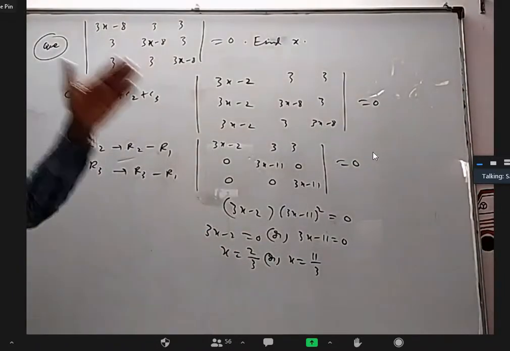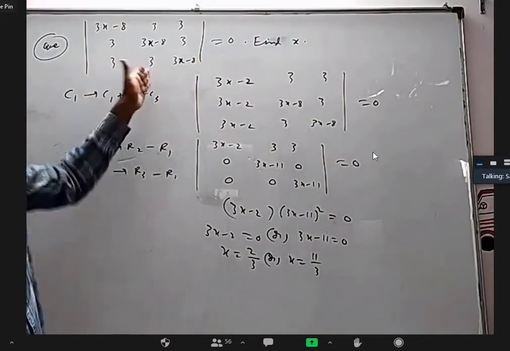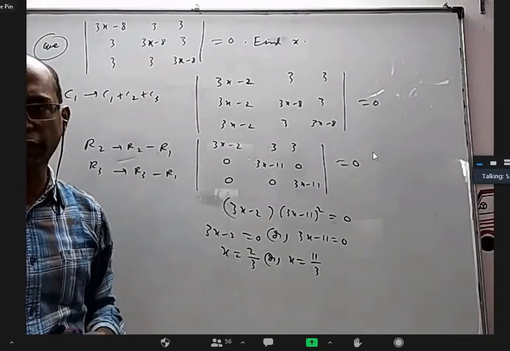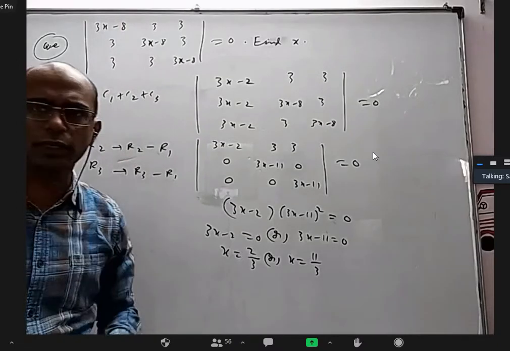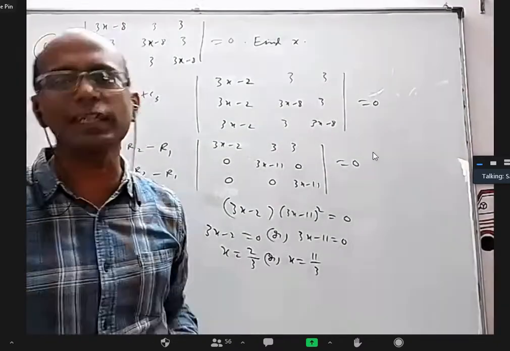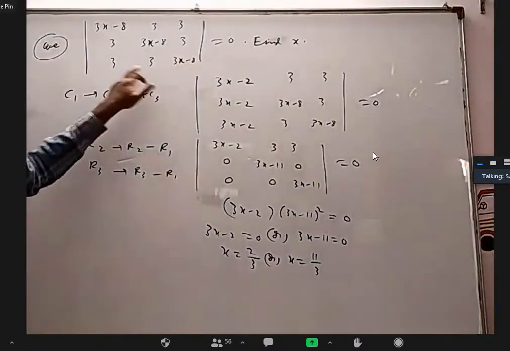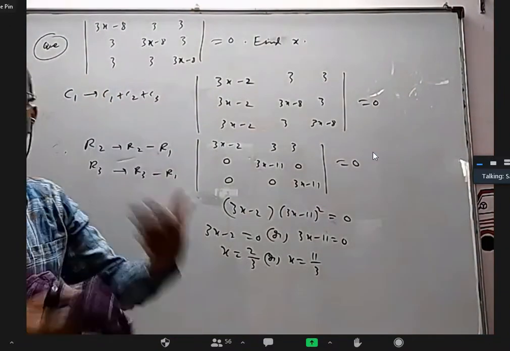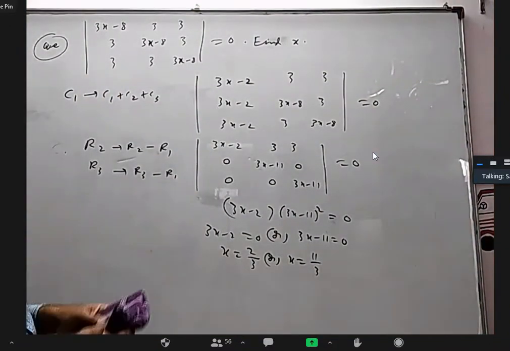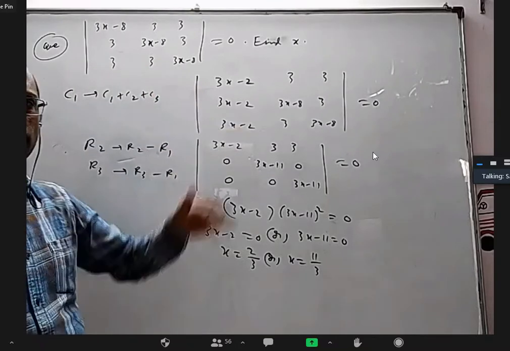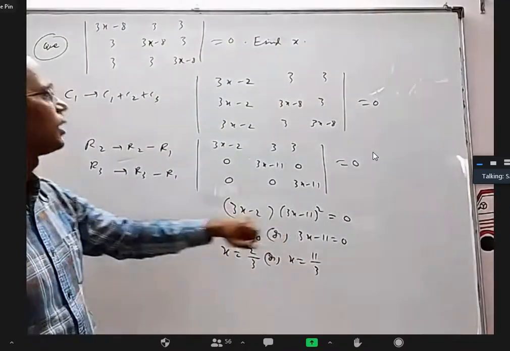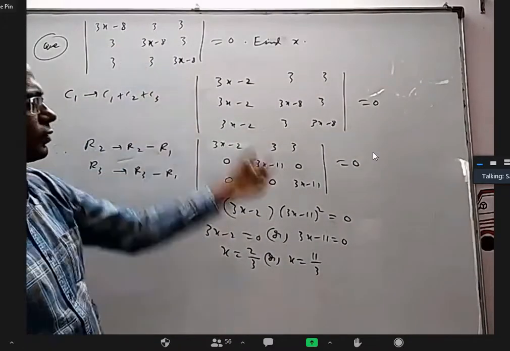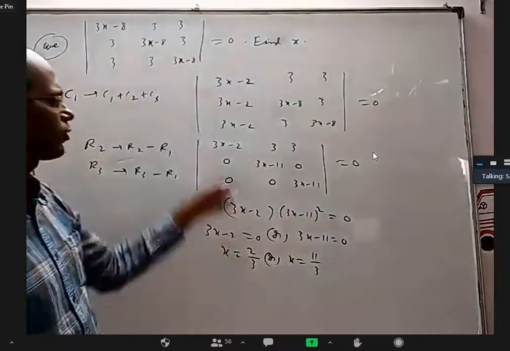So whenever by putting x equal to alpha, if 2 rows become same, I can say x minus alpha is a factor. In fact, if 3 rows become same or 3 columns become same, I can say it is factored twice at least. Because these two are equal, it is a factor, and because these two are equal, it may be a factor one more time. So when I put x equal to alpha, if 3 rows become same, x minus alpha should be factored at least twice. Like here you can see, when this is equal to 3, 3 rows are equal, that's why this came at least twice. One more factor is this 3x minus 2.